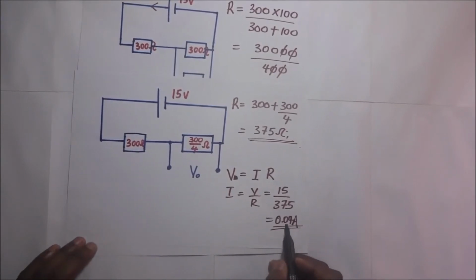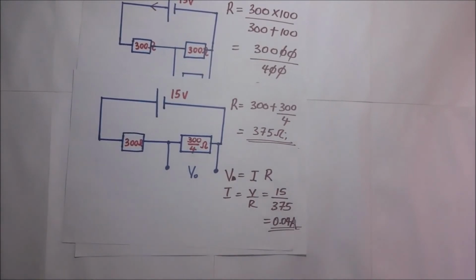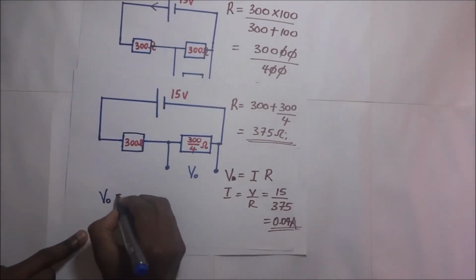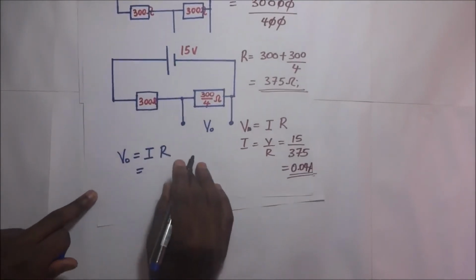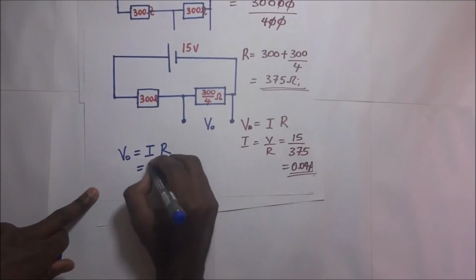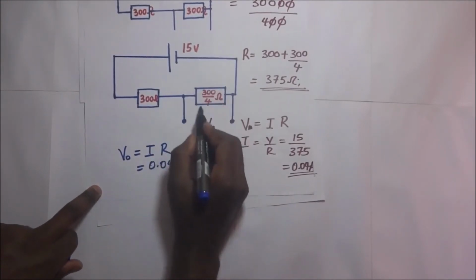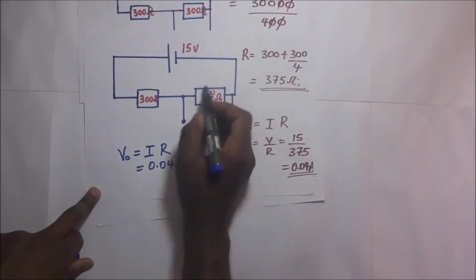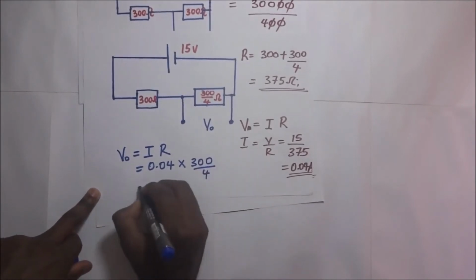So now that we have 0.04 amperes as the current, we can go ahead and find the output voltage right there. The output voltage V0 is going to be equal to I times R, which is the current, which we got there as 0.04, multiplied by the resistance across the potential difference, across the load, which is 300 over 4, and we will end up with